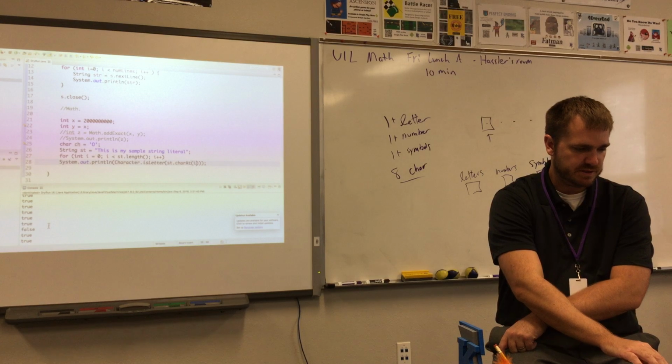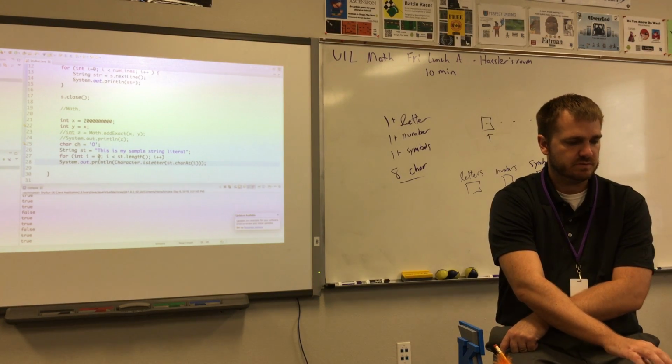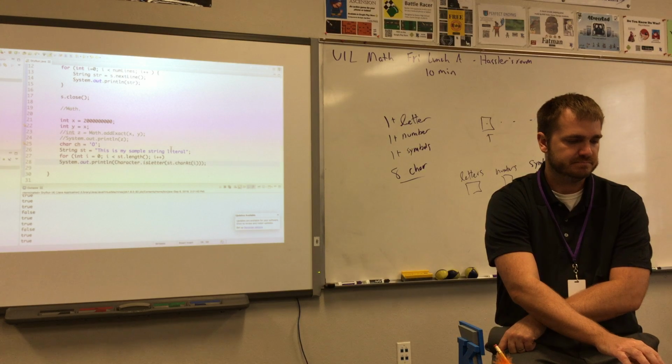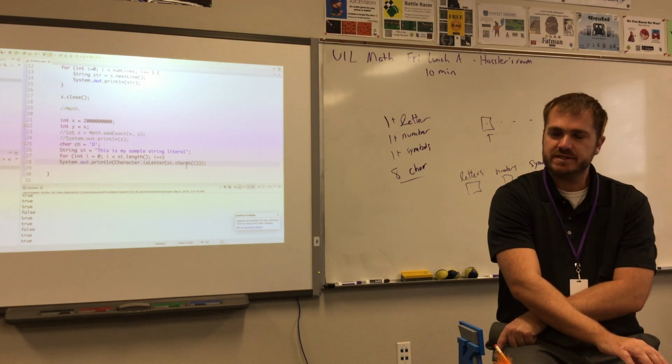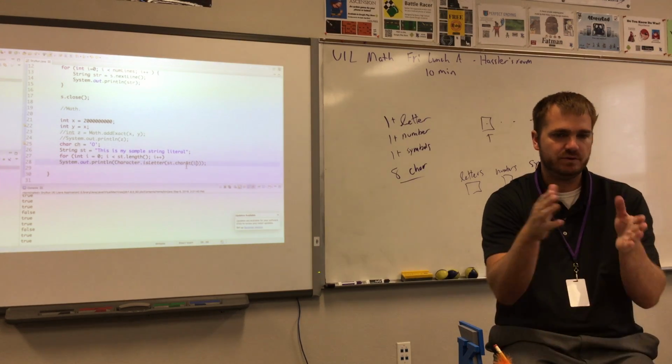Whoa, we got some falses in here. Why do you think I'm getting some false while walking through the string? This is my sample string literal. The spaces. So yeah, that's how you would walk through a string character by character if you needed to analyze